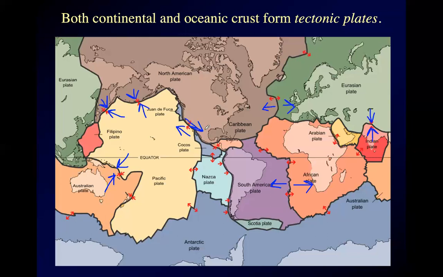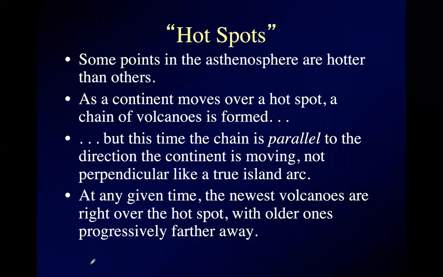And the San Andreas is a transform boundary where plates are scooting past each other. So, very dynamic Earth. What's this got to do with anything? Well, here's a wrinkle I didn't teach you guys about. There are some points in the